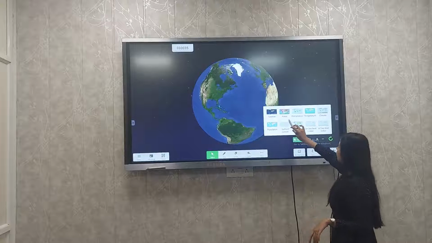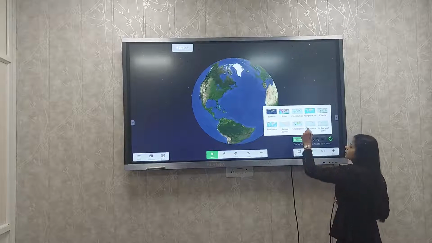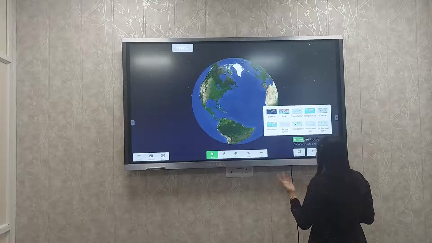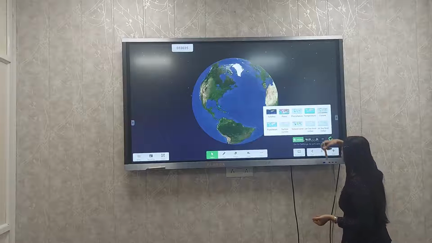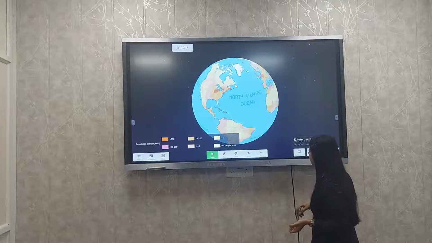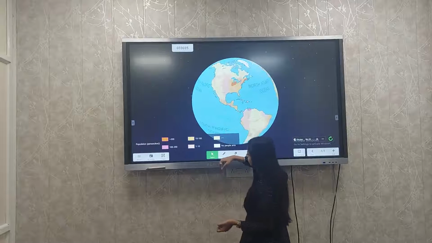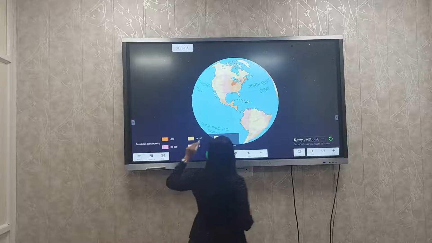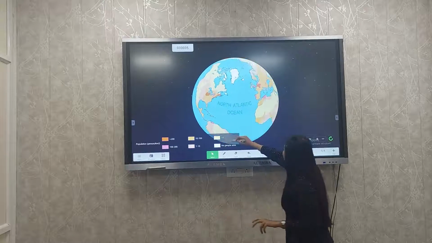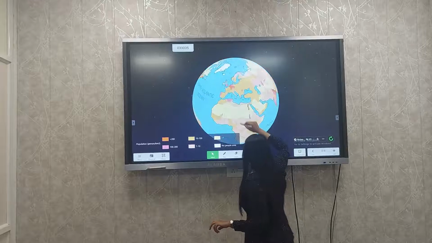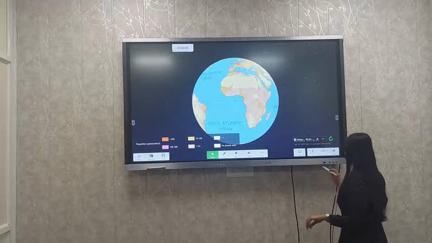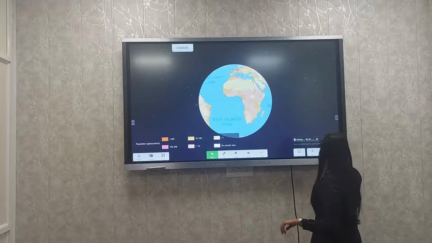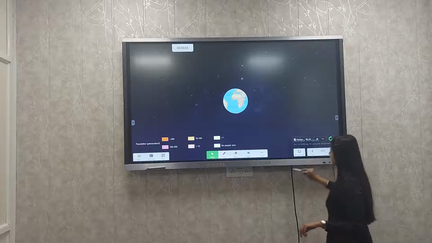Like in satellite view, I want the plates view, or I can see I want the precipitation level, and according to that I want to see this globe, or you can say Earth. I am selecting this population one. Okay. So we are getting the population per kilometer square. Yeah, less than 200 or 10 200. So I can see according to this. Again, I can decrease the size of this Earth.